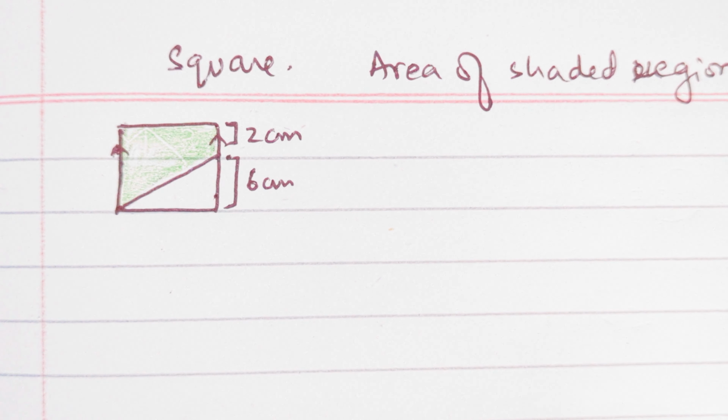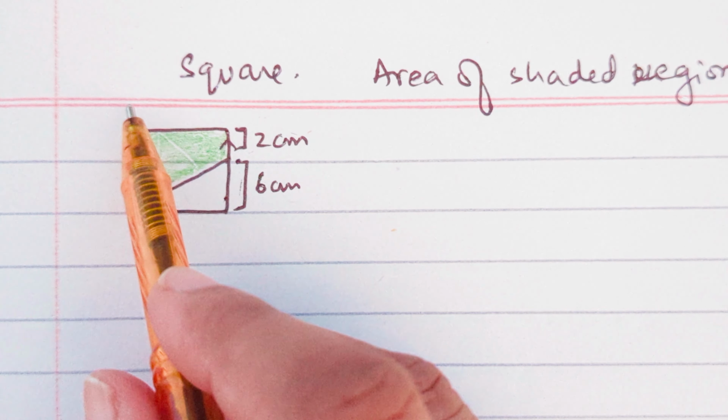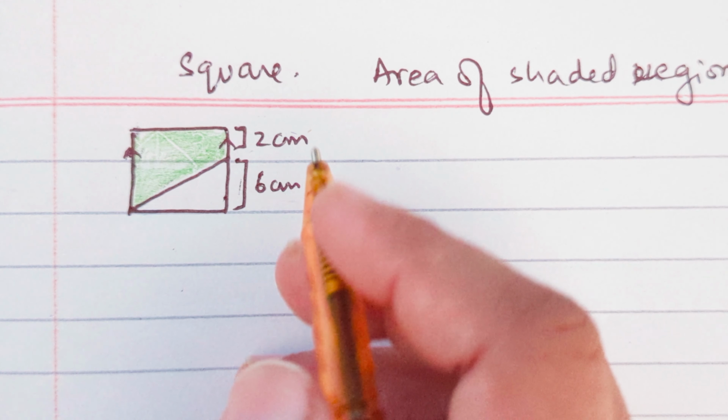So what we will do, we will first find out the area of the rectangle. Then we will find out the area of trapezium, triangle and circle and add them. After that, we will simply subtract it from the area of the rectangle. Basically, what do we have to do? We have to find out the area of the whole shape, whatever it is. Then we have to find out the area of the unshaded regions and then we have to subtract.